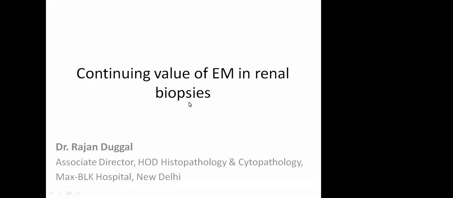So the topic for today is the role of electron microscopy in renal biopsies. As we know, in the majority of centers, we get samples and send them for light microscopy and immunofluorescence, but electron microscopy is never the priority. So we always feel that with LM and IF the diagnosis can be made, then why go ahead with